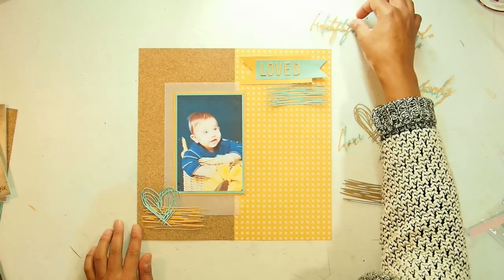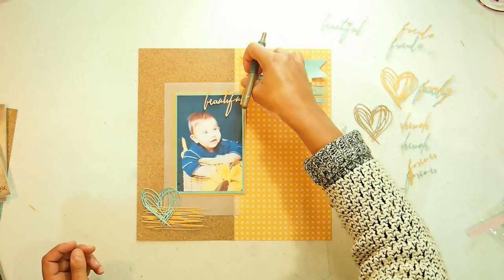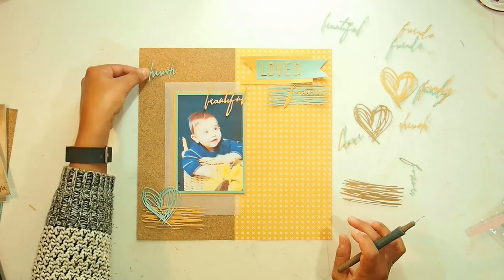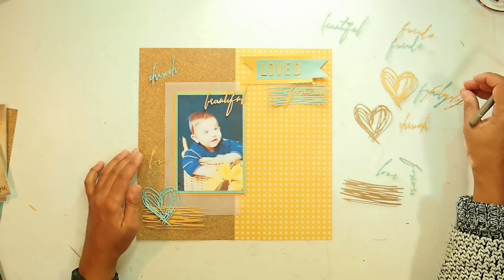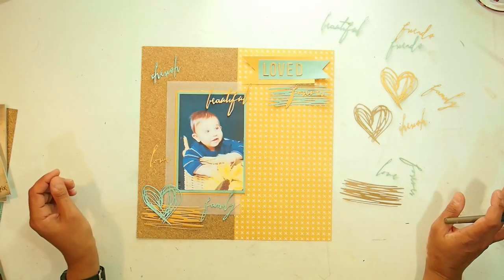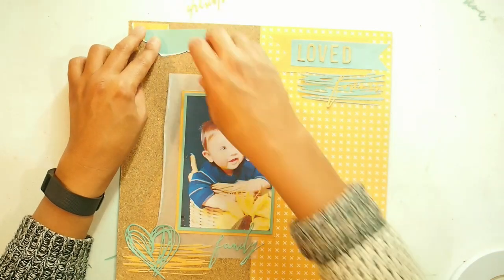I know for sure that this "beautiful" is going to go on that background of the photo. I know for sure that the word "forever" is going to go underneath the title "loved", so it says "loved forever". And then I'm going to just try a few things, putting "cherish" up at the top there. I'm going to put "family" down near the sunflower. I'm going to layer up some torn bits of yellow and teal up in that corner,